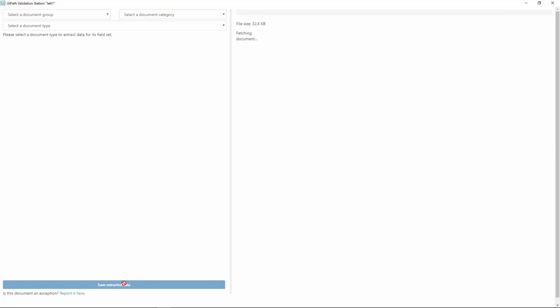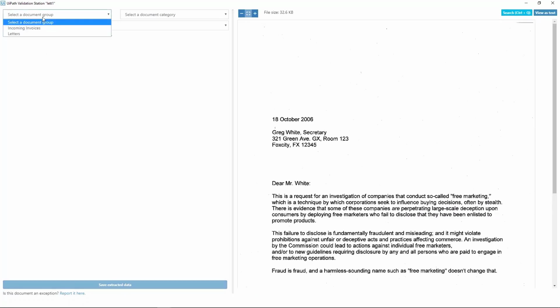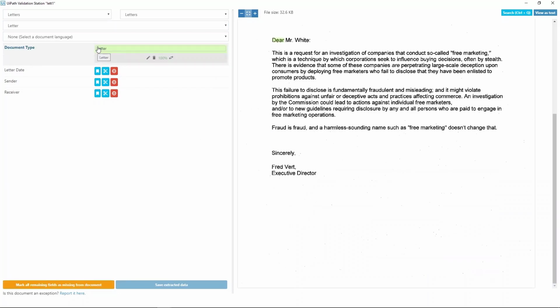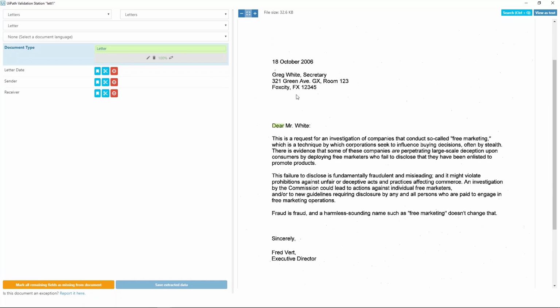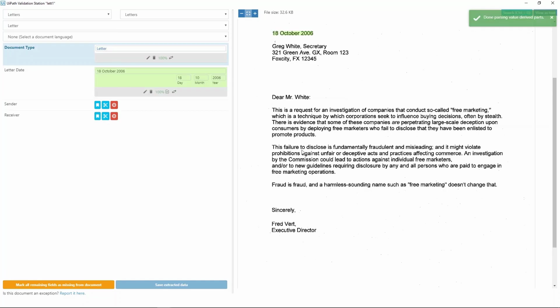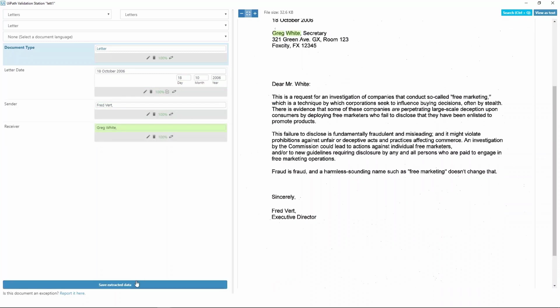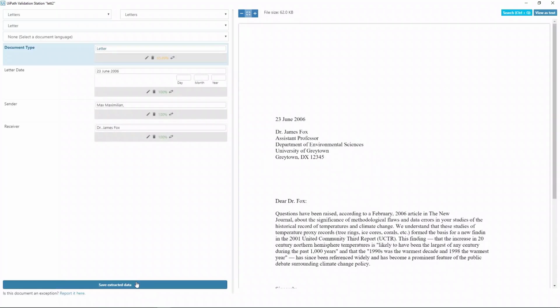The same behavior is encountered in the case of the letters. Once more, we have to teach the robot that this document type is a letter and mention a specific keyword. We'll select Dear. Same as before, we have to select all the fields manually, so indicate the date, the sender, and the receiver. Moving on to the next file, we can see that the robot is now able to classify